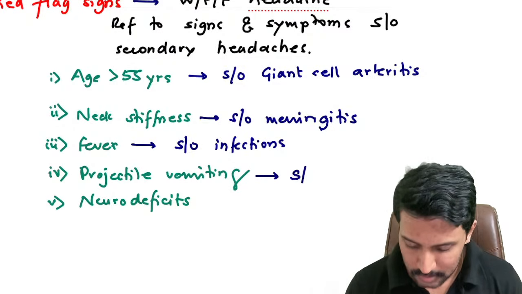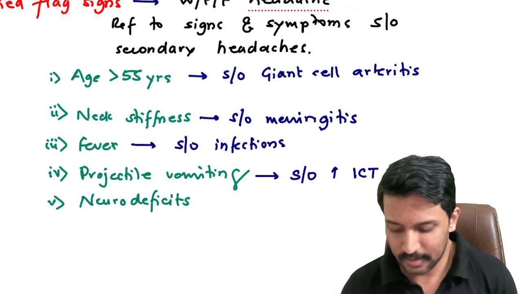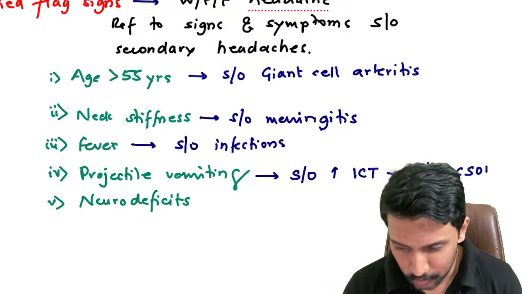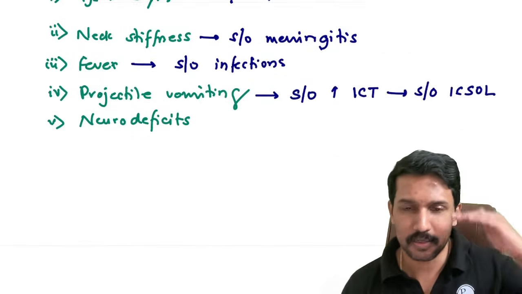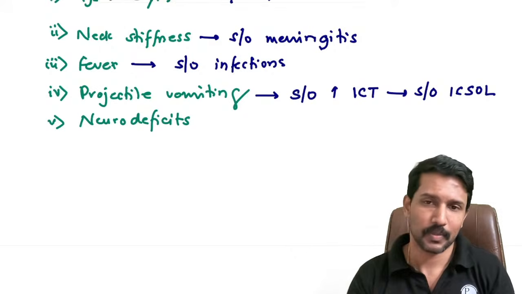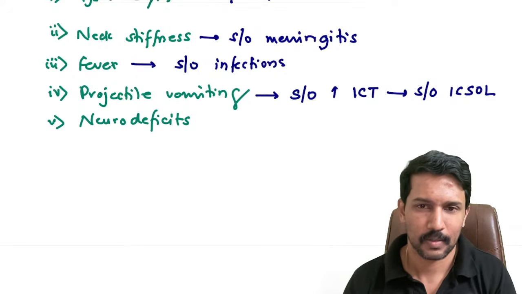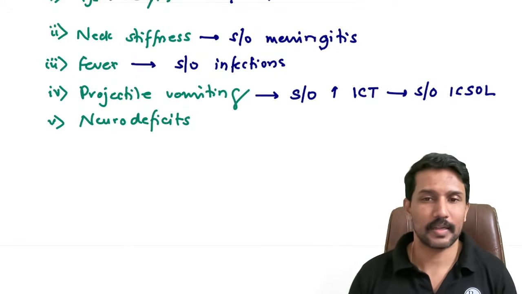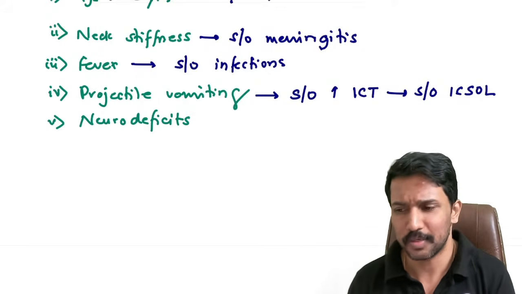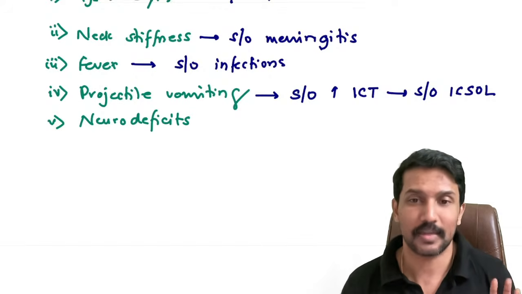It is usually suggestive of raised intracranial tension, and raised intracranial tension may be suggestive of intracranial space occupying lesions. Means if the intracranial tension is high, probably it is because something is taking up the space inside the cranium. It could be tumor, bleed, abscess, any of those. So anyone who comes to me with headache and says, sir, I have profuse vomiting and no nausea, and the vomitus comes with no warning, it is projected far away from me, I will take that as a red flag